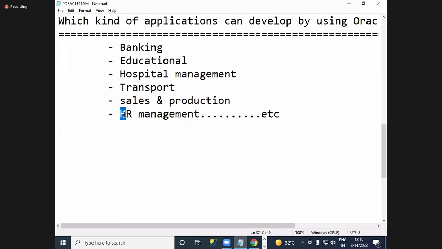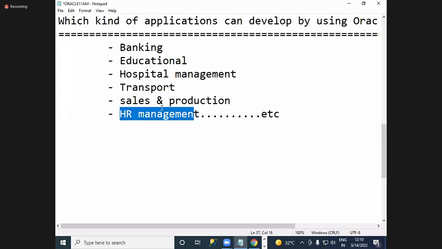Banking, education, hospitals, transport, sales and production of your products, and HR management, what is that, sir? HR management means a company, for example, if you go to any company, employees are there. Our employees' salaries, their allowances, deductions, the pay scales. Those kinds of information come under HR management.